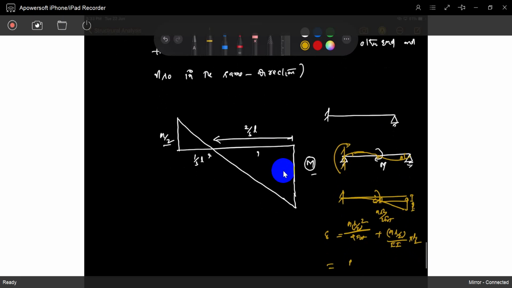So two parts. That will be equal to RL cube by 3EI. Just do it and find out what is R, and later you can draw the shear force and bending moment diagram, everything. This is the external equation. This is the only external equation we require. If you get the external equation, you can solve in general: Fx equal 0, Fy equal 0, moment equal 0. You can draw shear force, bending moment, anything. Just imagine and write.